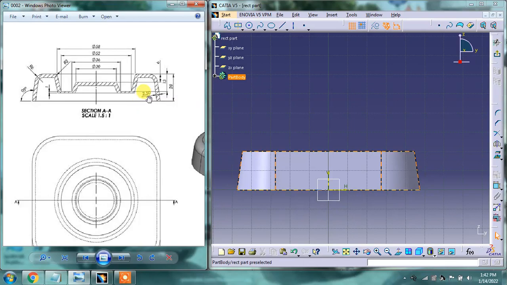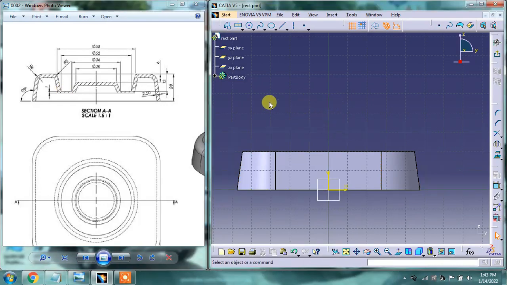After shelling it, I will draw a 52 diameter and a 36 diameter circle from the bottom, and then I will cut it approximately 1 mm, because we have a different thickness. This is 1 mm thickness and this is 2.5, so it would not be possible with a single sketch. So I will take an extrude cut just to reduce the thickness from this portion.